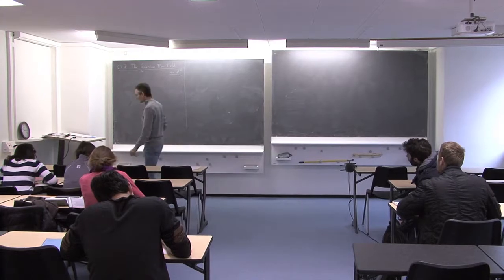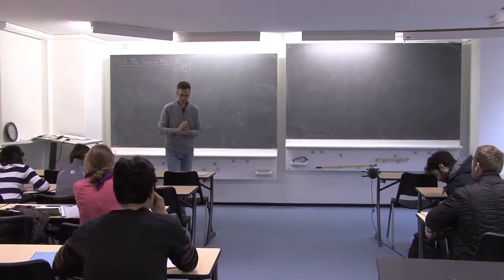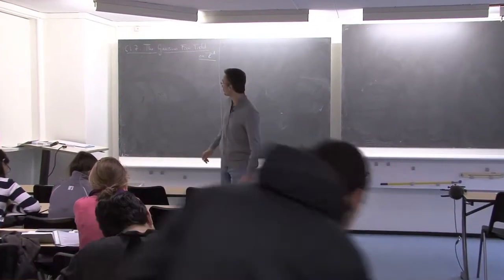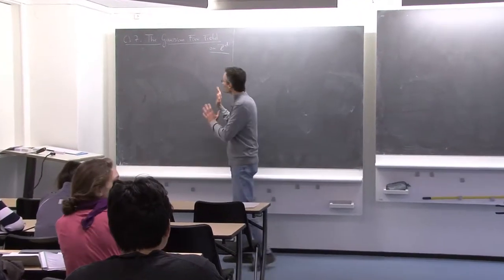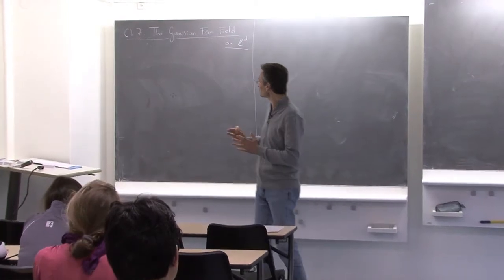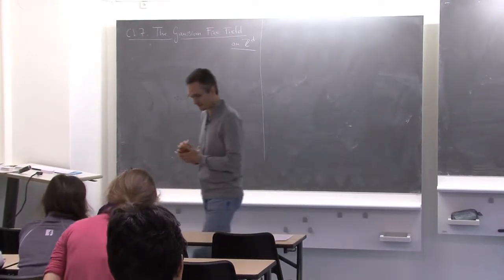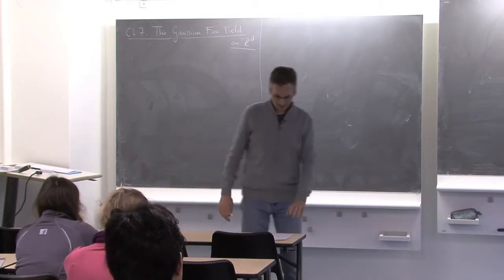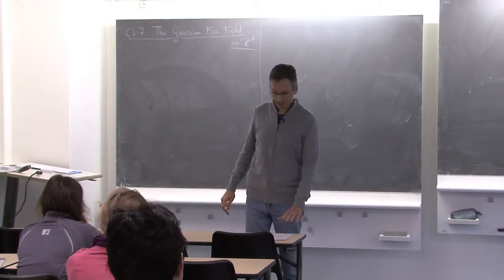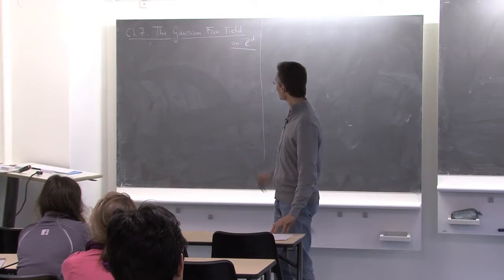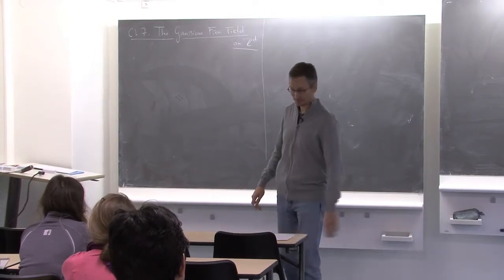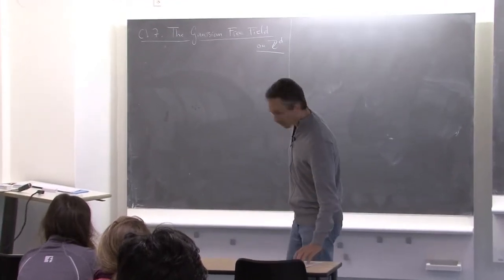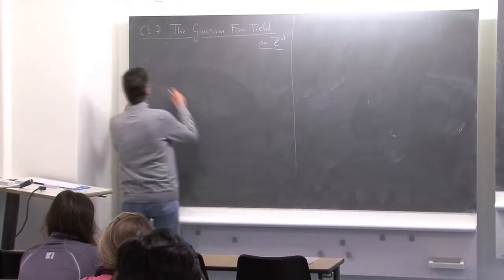We will not spend too much time on this model. We'll finish it next week, probably even only part of next week. My goal is just to define the model, state some basic properties, and keep it at that. The idea is that you are going to see more about this topic in the second semester in other lectures. Okay. So what is the Gaussian free field?